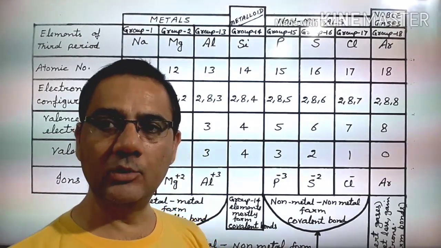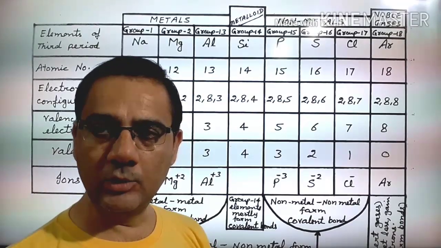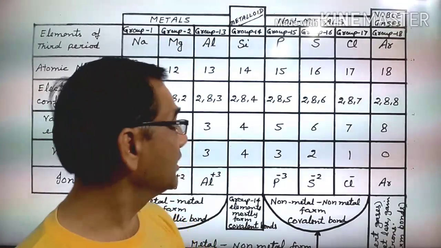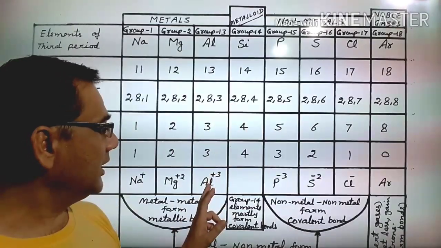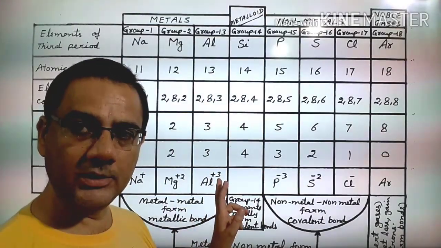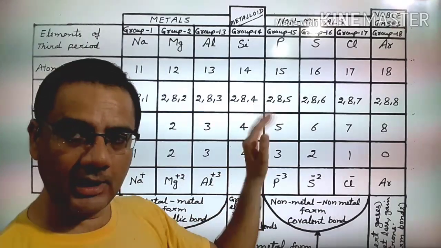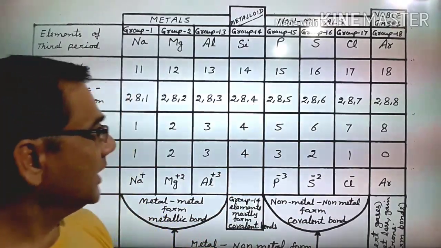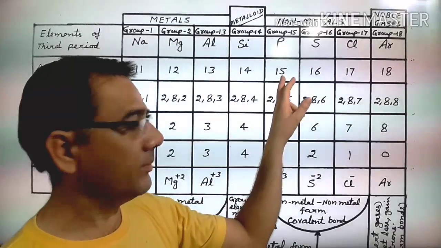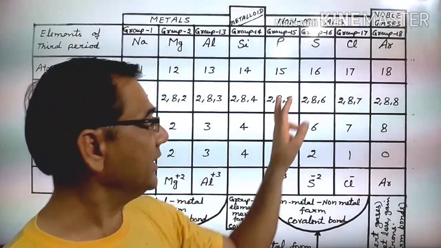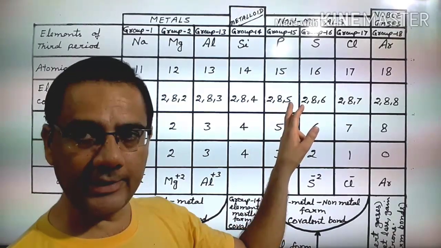And when aluminium loses its own 3 electrons, aluminium acquires 3 units of positive charge. So it loses these 3 electrons and aluminium acquires 3 units of positive charge. Now those elements which have 4 electrons in the outermost shell, I will explain after 5 minutes. Now we come to phosphorus, atomic number 15, number of electrons 15, and configuration 2, 8 and 5.